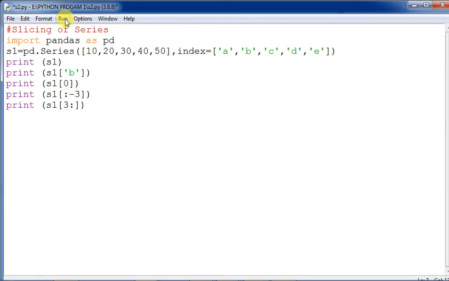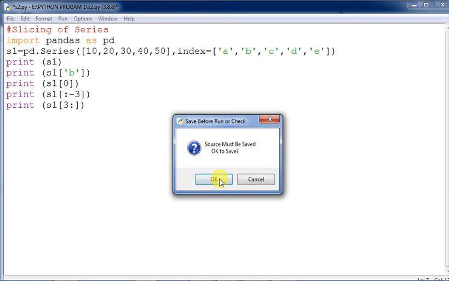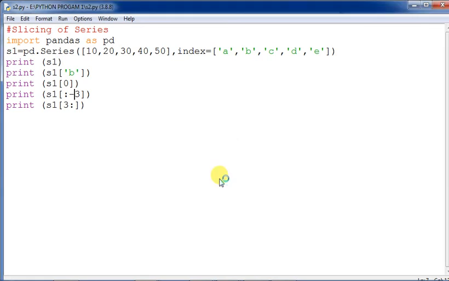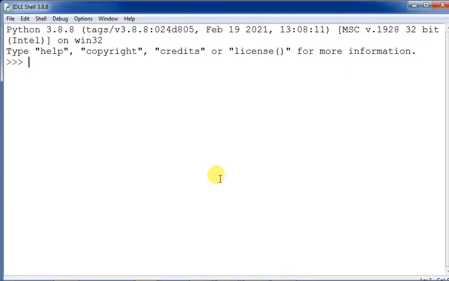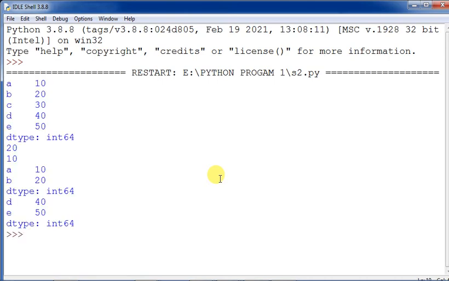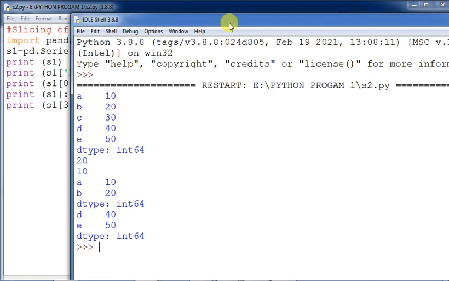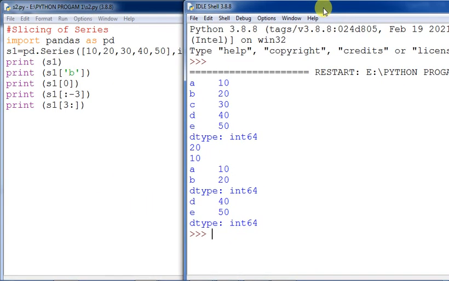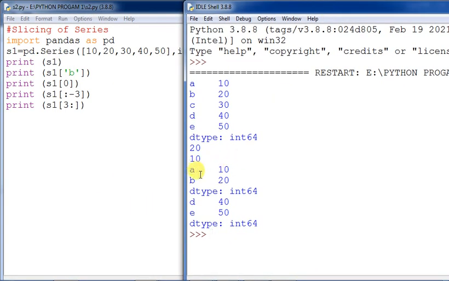Now we are executing this one, and then say run module. Then we can analyze. If an error comes, let's see what kind of error comes, and then everything will be clear from here. So that is the slicing to be done in this case. You see here the negative index has also been taken. First of all this one has been printed, and then 20 and 10. For this, the first statement is over. Now A and B has come.